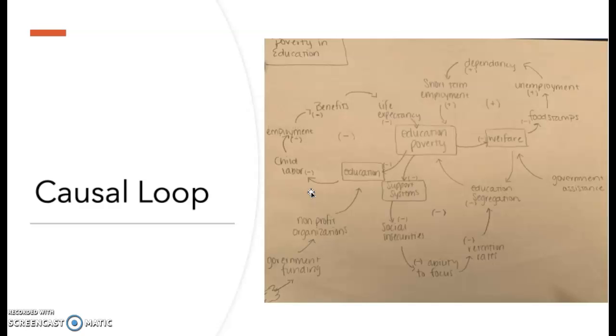But then I wanted to also go into a quick solution, which would just be our short-term solutions, and we can see that at the right top hand loop. So going from educational poverty into welfare. So this government assistance, things such as food stamps, unemployment, all of those are going to be increased because it's going to be a dependent thing. So if everybody's receiving welfare just to get out of this impoverished area, we're going to be increasing our food stamps, increasing those unemployment checks, increasing dependency on those